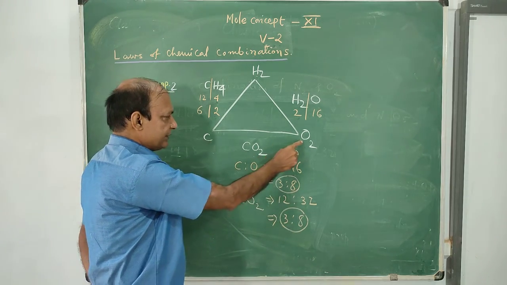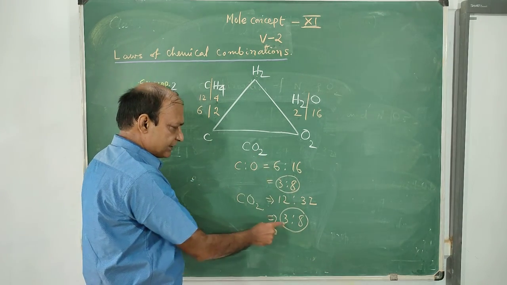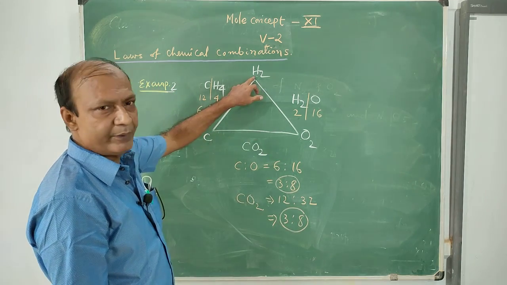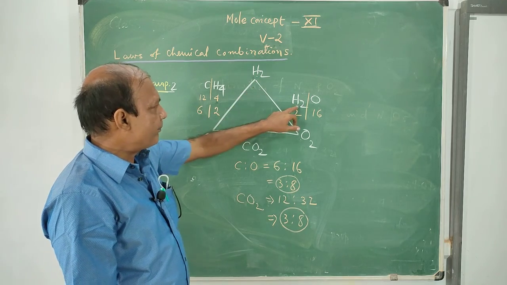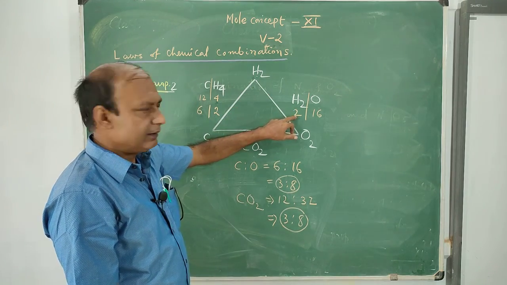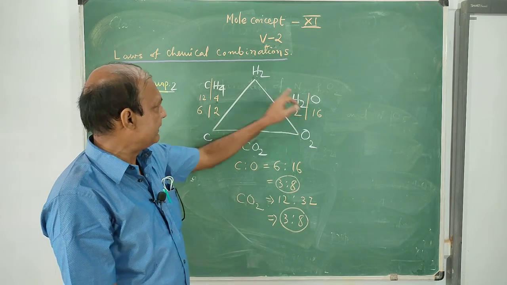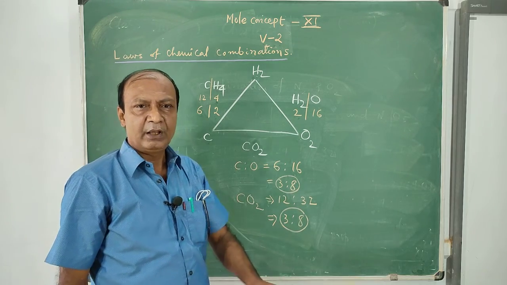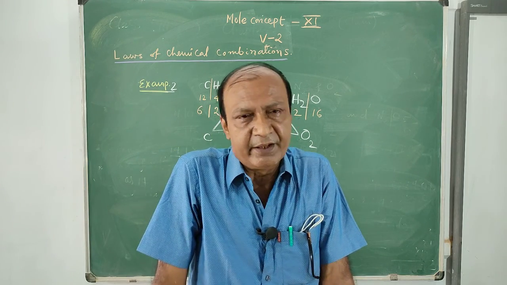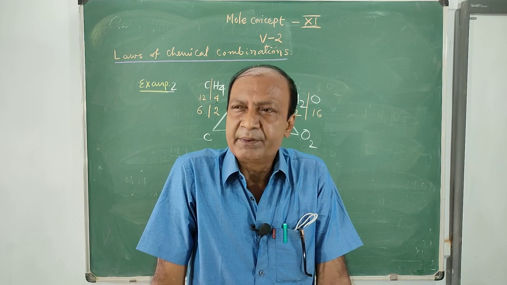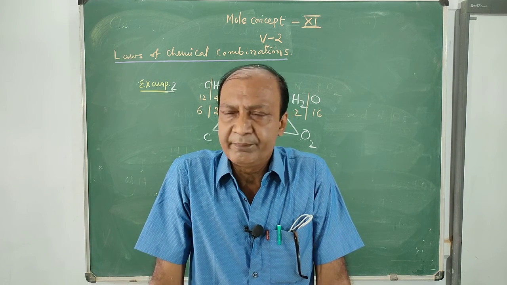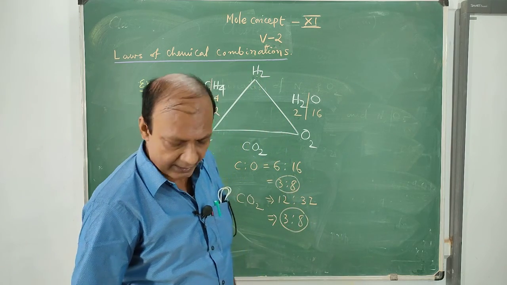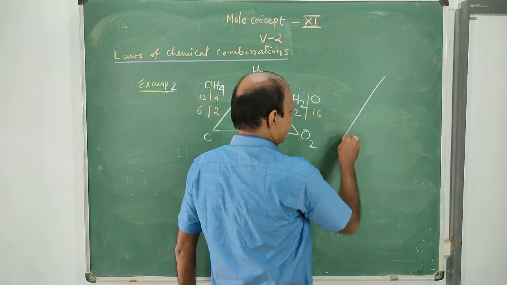See, when carbon and oxygen combine with each other, the ratio is coming out 3:8. When carbon and oxygen are combining with hydrogen, fixing the part of hydrogen, the ratio of carbon and oxygen in this combination is also 3:8. So these ratios will be either equal or some integral multiple. Be careful, sometimes you may get confused about what I am telling about integral multiple. So to understand it, let us take another example of combination.